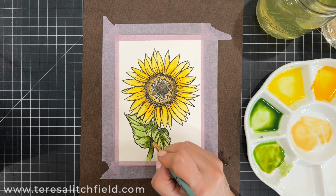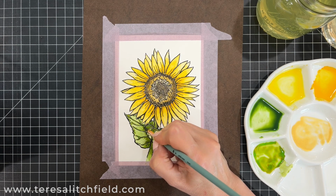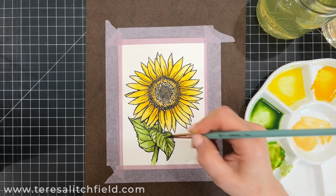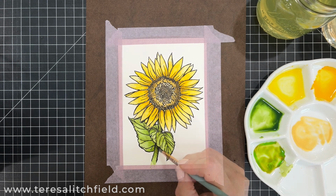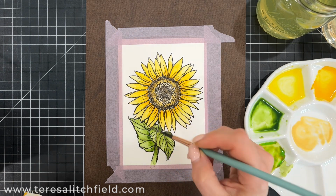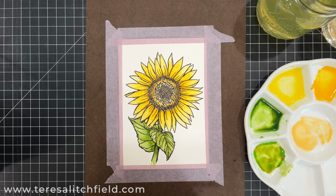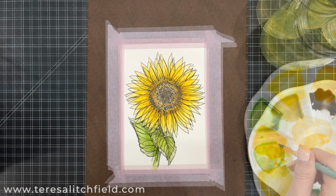I keep applying the Serpentine green to the areas of the leaf, like on the veins. I really want those to show up and really accentuate those. So I keep doing that and just adding layer on top of layer as it dries. And then I come in and start using the sap green again, so everything doesn't get to be the same tone of color. I'll let the leaves dry for a bit while I go back to the center,